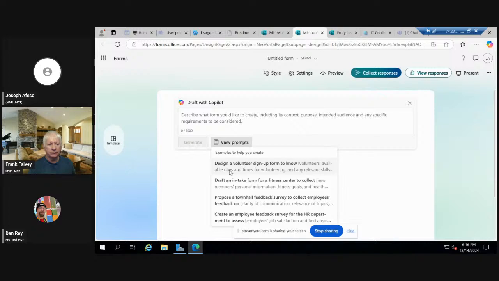So the point is, it's a command, right? Prompts are actually commands. So design, draft, propose, create, all these are action words that are used to tell the system what to do. So even if this doesn't fall into the category of what you want Copilot to do for you, you may want to know the pattern with which Copilot understands the prompting to be able to create forms for you. So